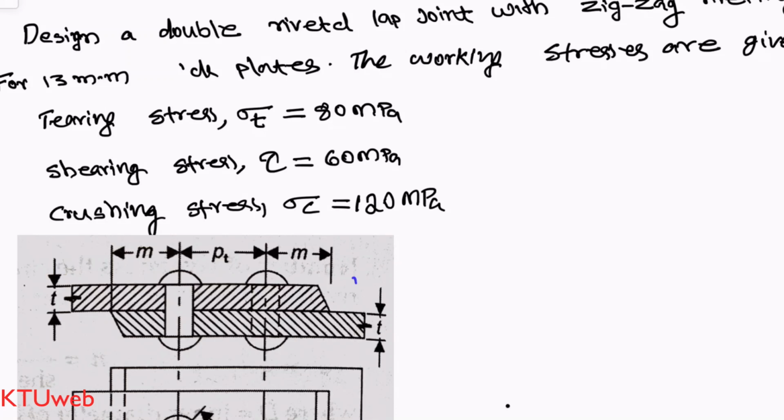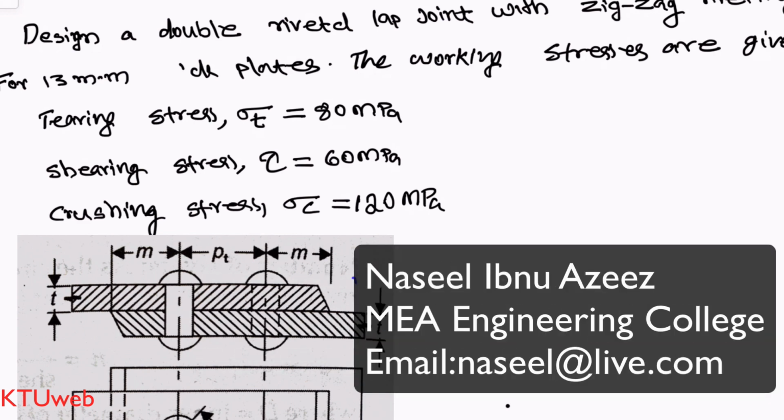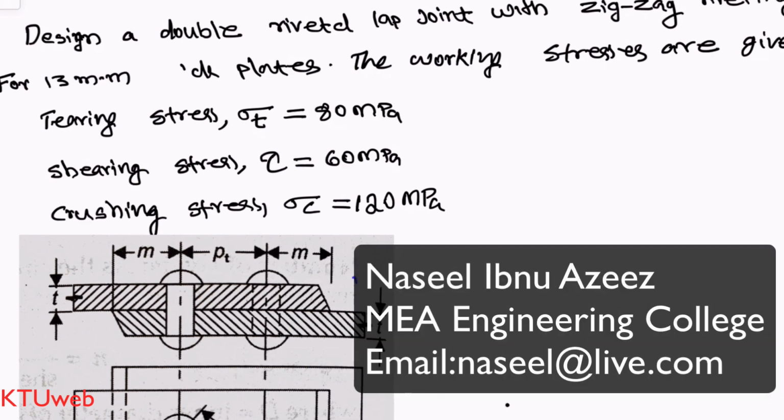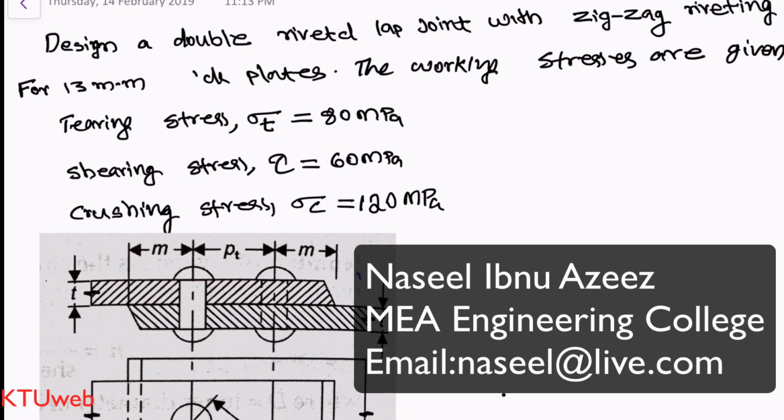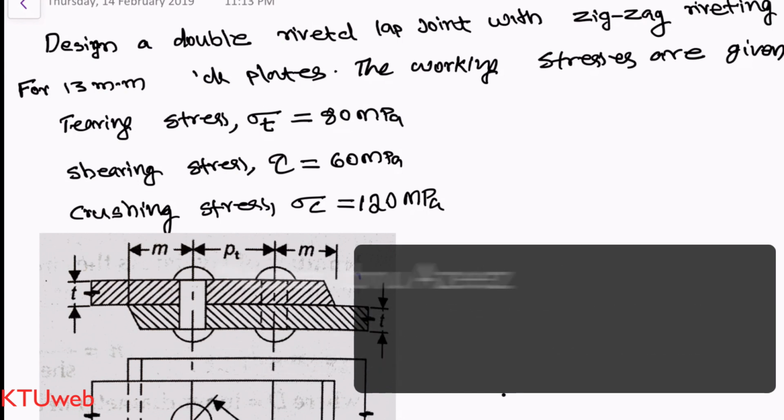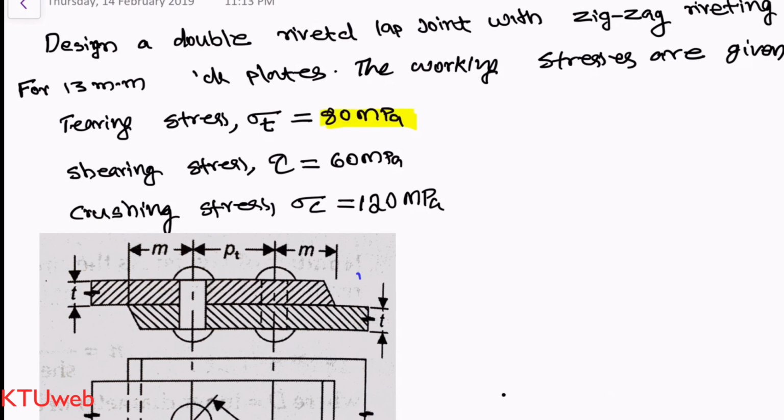In this video, we are going to deal with a full stack design problem on riveted joint. Okay, let us dive into this question. Design a double riveted lap joint with zigzag riveting for 13 mm thick plate. The working stresses are given as tearing stress equal to 80 megapascal, shearing stress 60 megapascal, and crushing stress